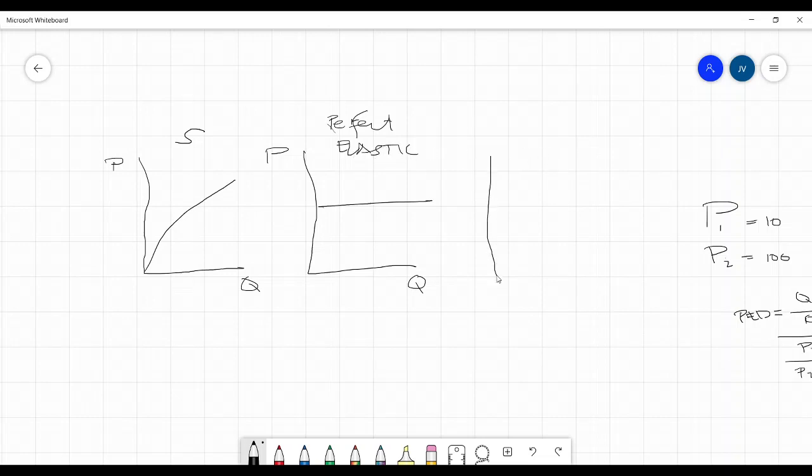But if your graph is vertical, something like that, imagine na lang a vertical na, then we have perfectly inelastic. Perfectly inelastic meaning, no matter what the price is, same lang ang